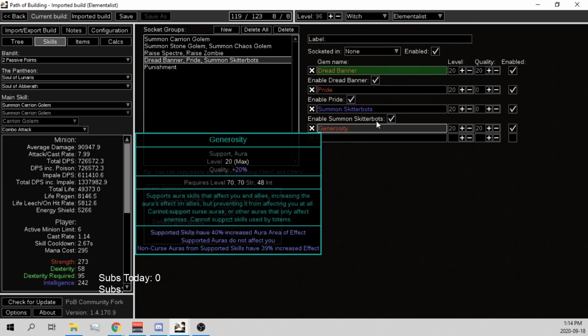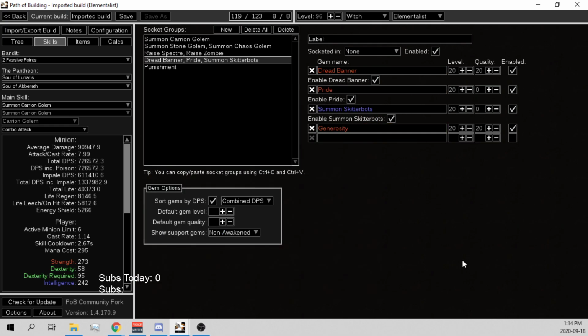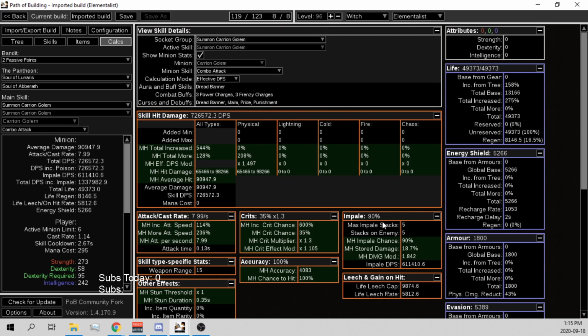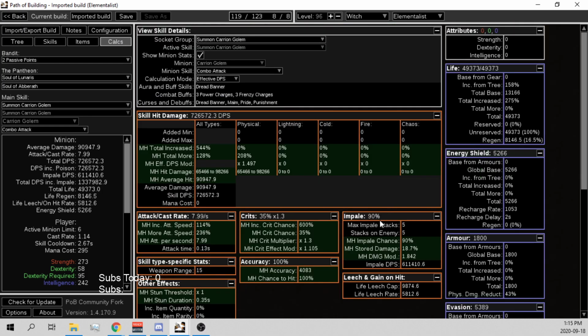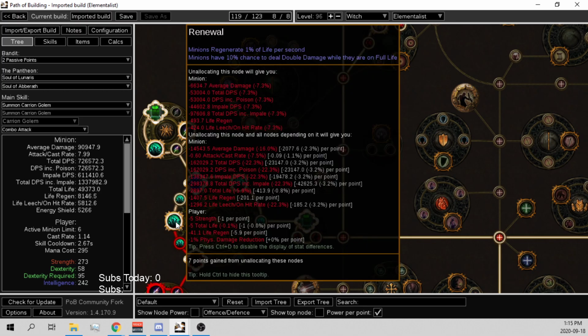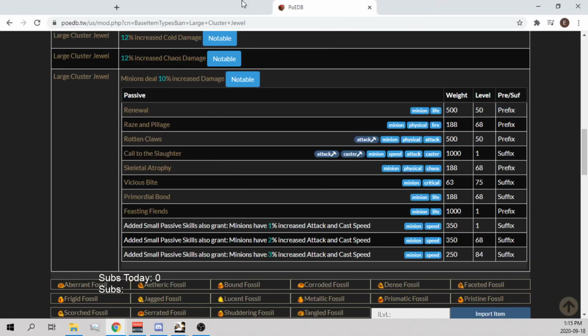in the Dread Banner, quality on the Generosity and the Dread Banner. And so that'll also help you for getting Impale. I also went for the 1 Rotting Claws, so we get the up to 90, so it adds 20. And then I went for Renewal, and so the main reasons behind going for Renewal and Rotting Claws also is,